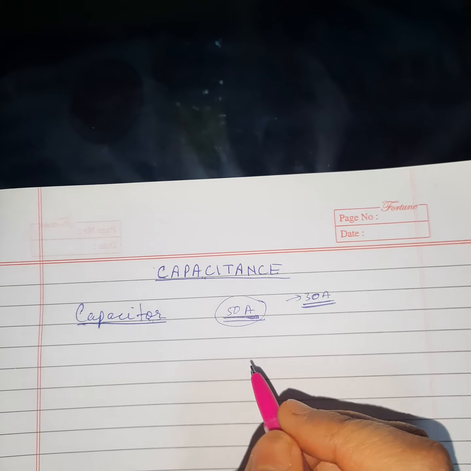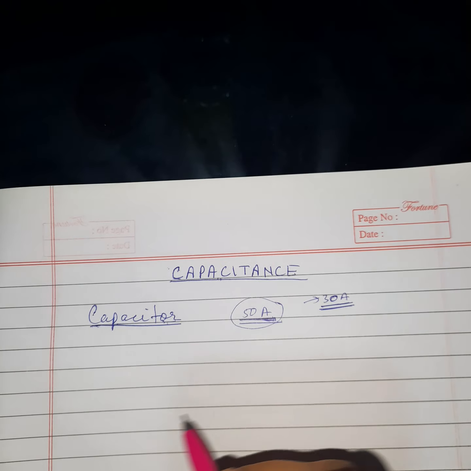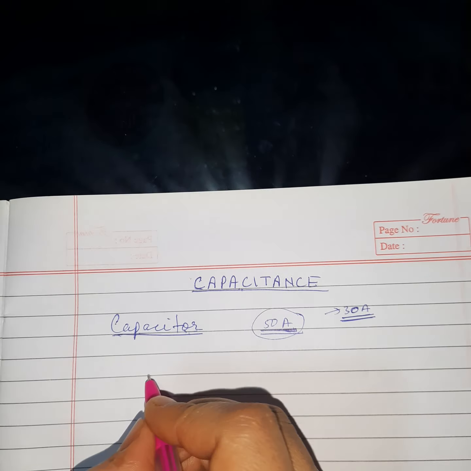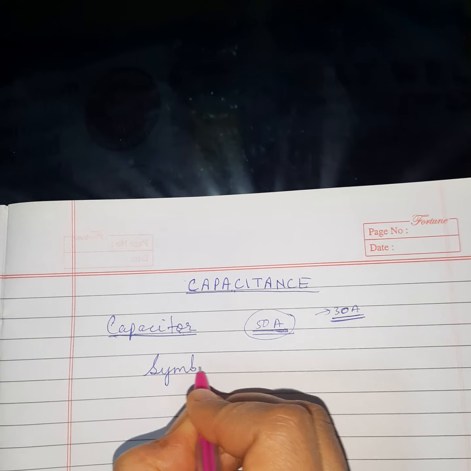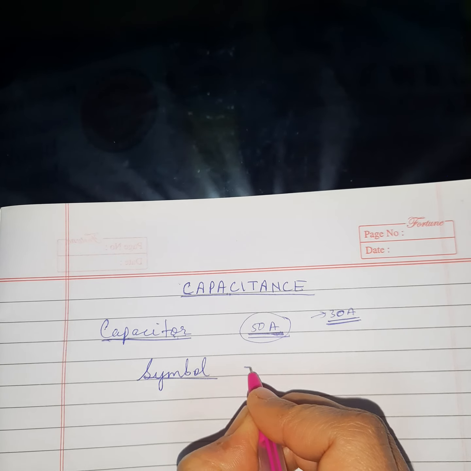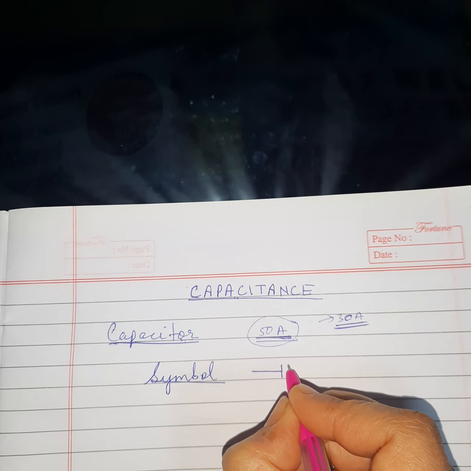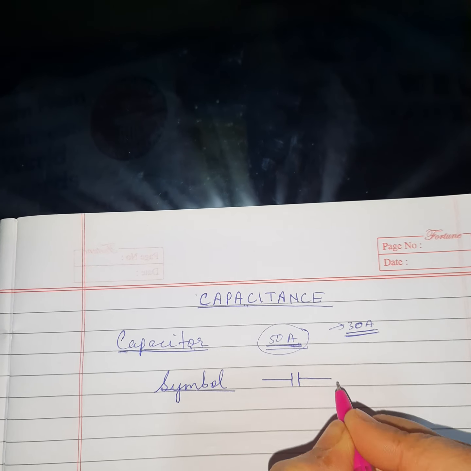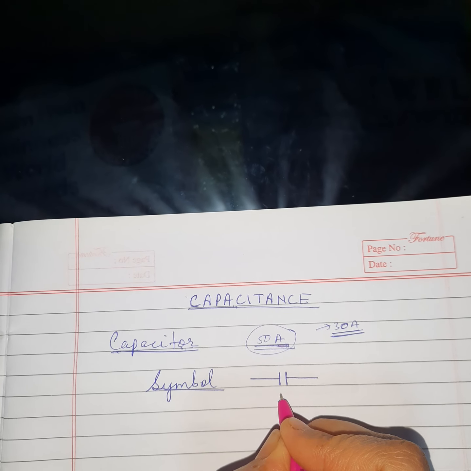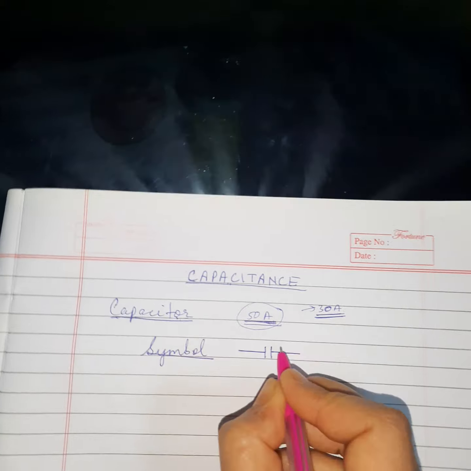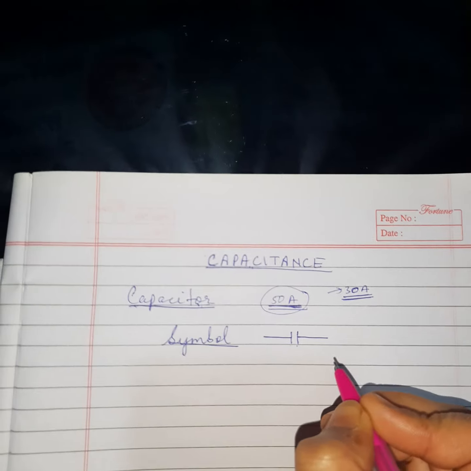Let's proceed now. If you have an electrical circuit, how are you going to denote a capacitor? With the help of a diagram, the symbol for a capacitor is like a battery, but the two lines will be exactly equal. In a battery, one of the lines will be longer and the other one will be shorter, and in a capacitor both the lines are of the same size.